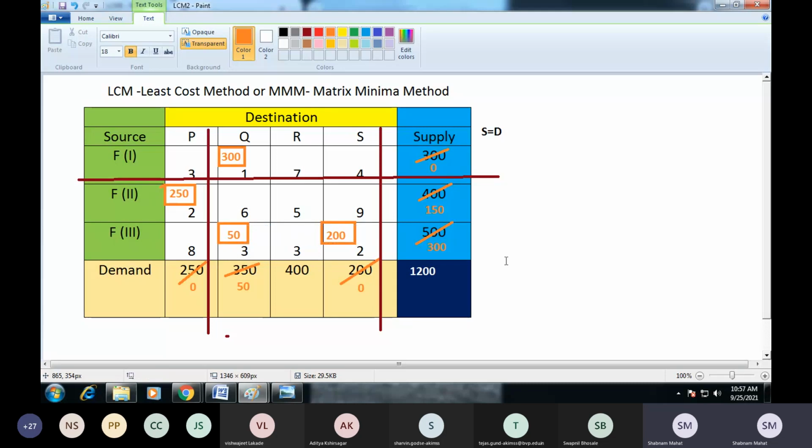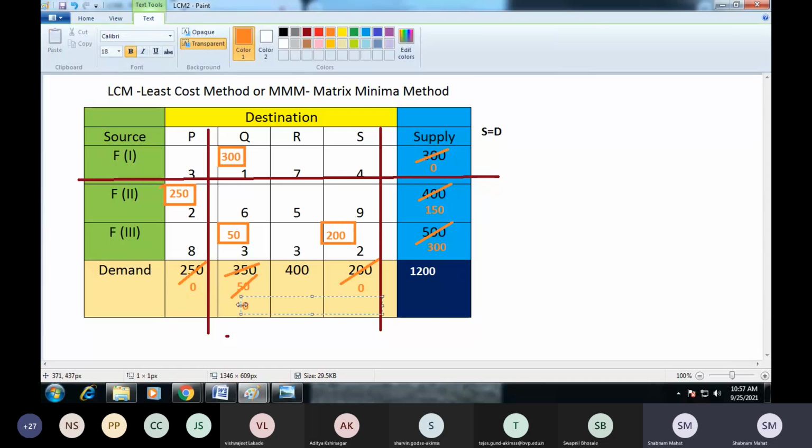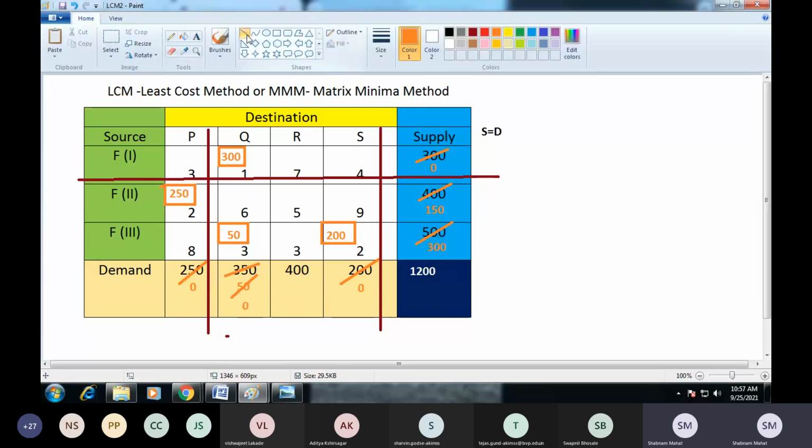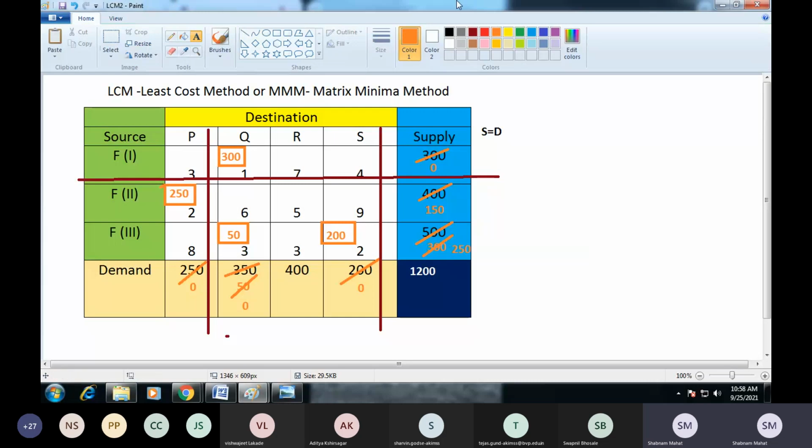If I provide the demand of 50 units, first of all we have to cancel your remaining demand, because almost all values are fulfilled. Now again, remove 50 units from 300, because now the remaining supply from your factory 3 is 250. Again, check that and cancel your destination queue, because the destination queue's demand is almost fulfilled by us.